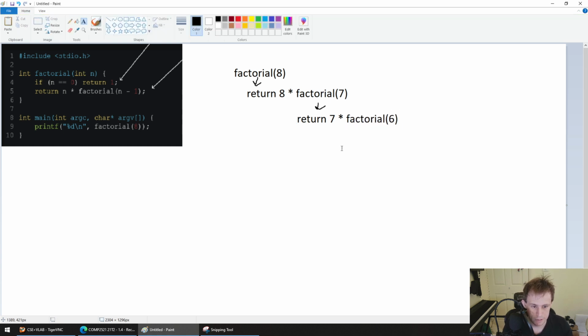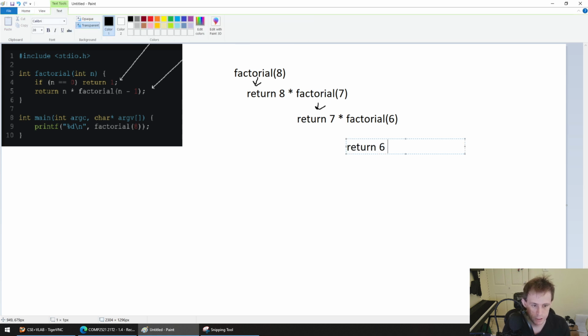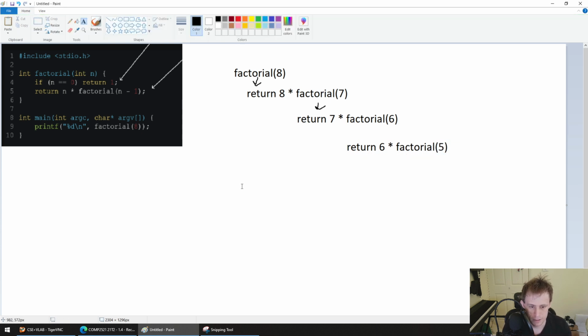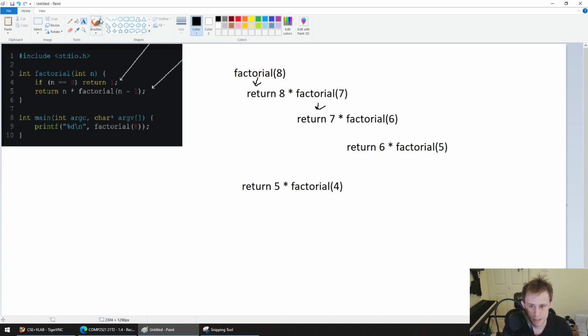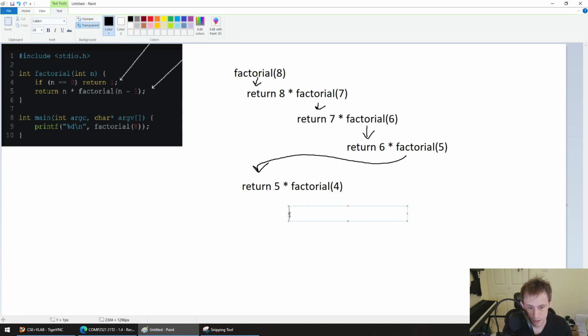Right, and then this kind of echoes on for a little while here, where we get, return 6 times factorial 5, and I'm just going to write it over here for cleanliness sake. Then it returns 5 times factorial 4, and essentially these keep calling each other, and that's why we call it recursion,